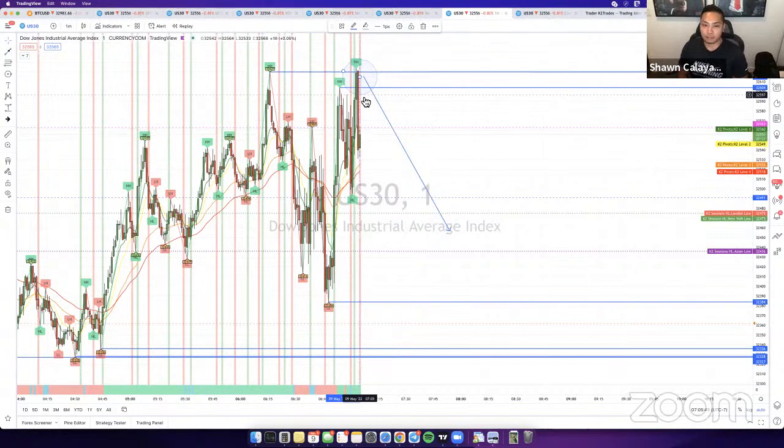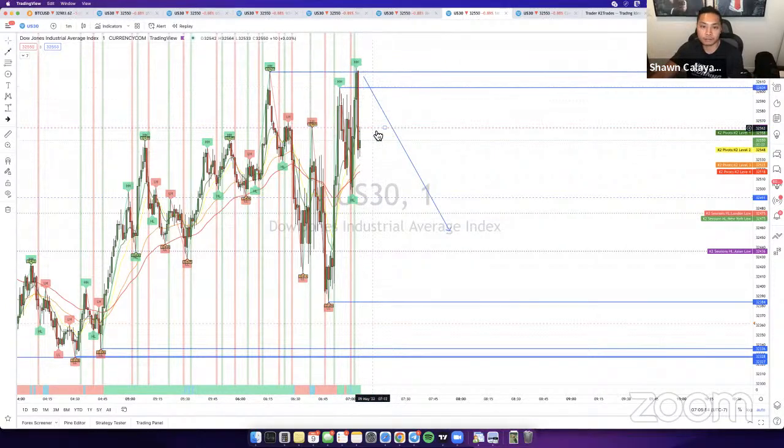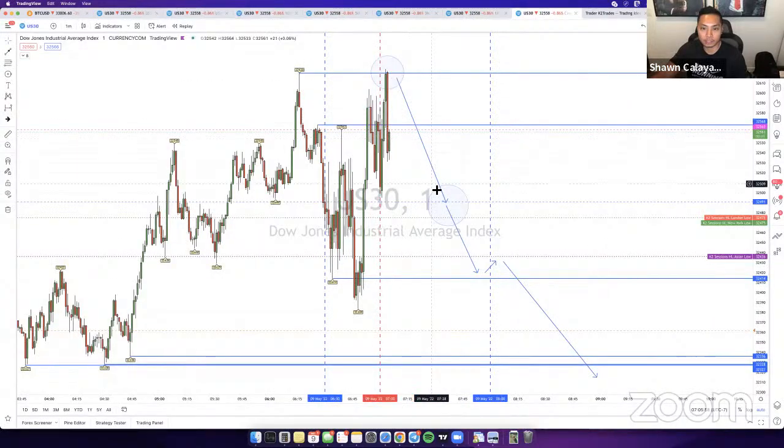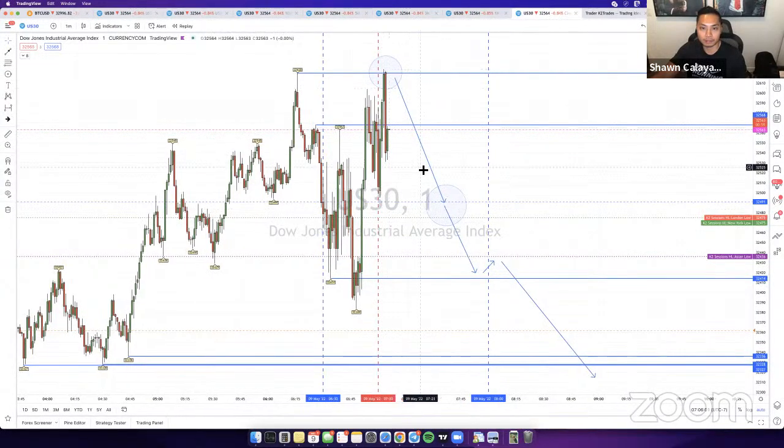I'm not trying to take anything where I'm just getting lucky. I'm only taking stuff where I know for sure I'm going to win these trades. So right now I'm not for sure, but I do think eventually when price does come below here, you guys can see my markup. It actually played out exactly how I drew right here. It came down. If it comes below this area, then I'm looking for sells. This is where I'm looking for sells.